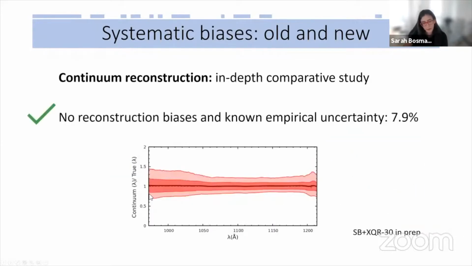And this plot shows the residuals of our reconstructions in a low redshift test on about 5,000 eBOSS quasars. And you can see there are no wavelength-dependent effects in the predictions. And for the first time, we have a firm handle on what exactly the empirical uncertainty is from low redshift. And it turns out correcting this systematic made the largest difference in addition to data quality.